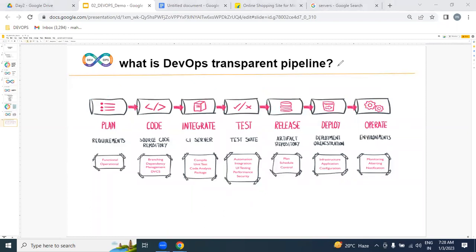In this DevOps transparent pipeline, our roles and responsibilities start from the dev environment and end with operations. That means we are not part of planning. We are part of only the dev environment, integration, testing, release, deploy, and operations.